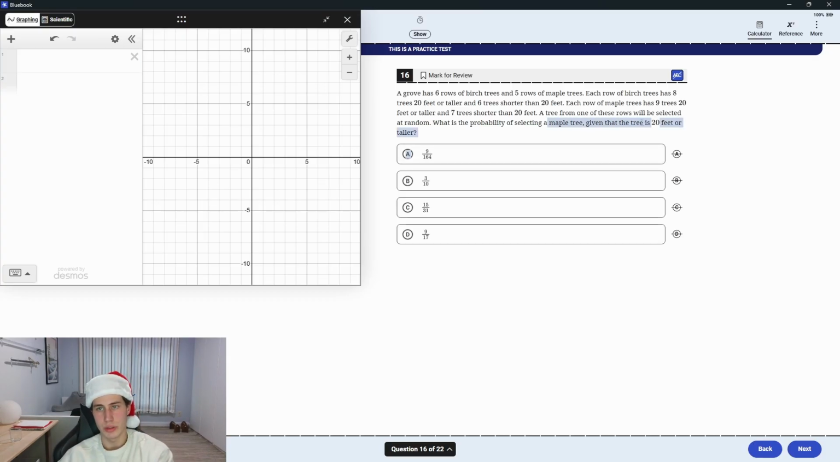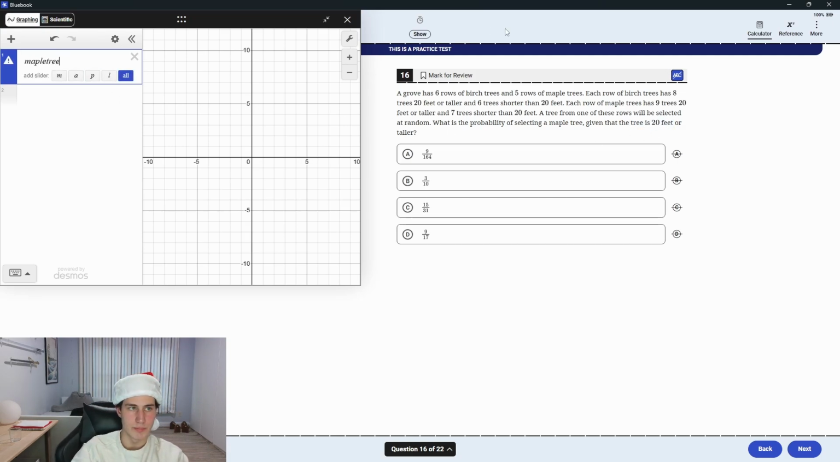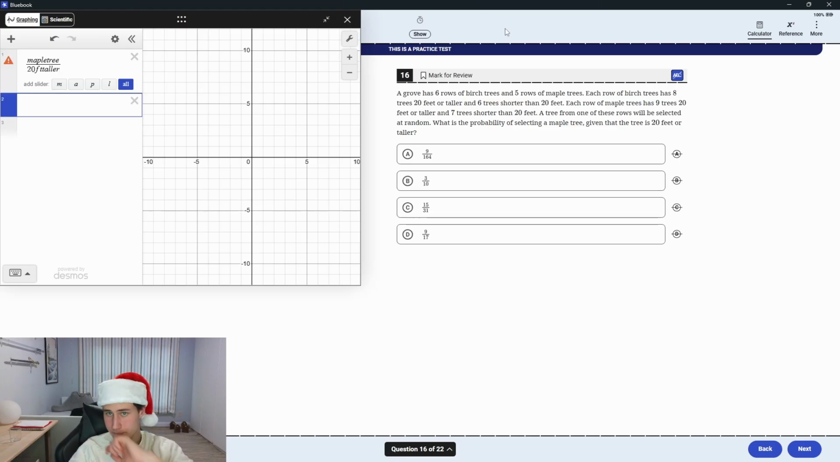So we need to find the maple tree if we're picking a tree that is 20 feet or taller. So it's going to be the probability of finding a maple tree over that it's 20 feet or taller. So let's see how many trees we have that are 20 feet or taller. Each row of birch trees has 8 trees that are 20 feet or taller, and 6 trees shorter. It has 6 rows of birch trees, and each row has 8 trees 20 feet or taller. So 6 times